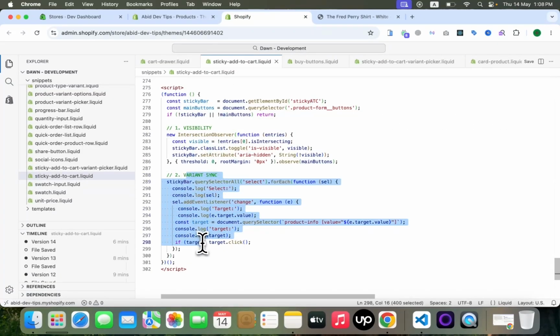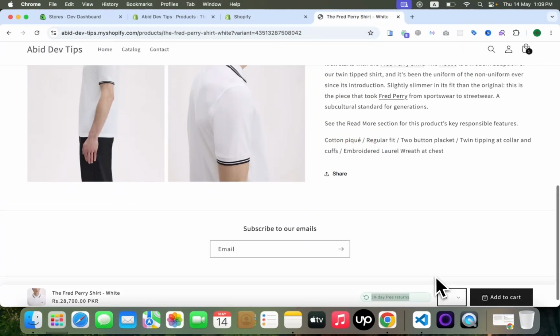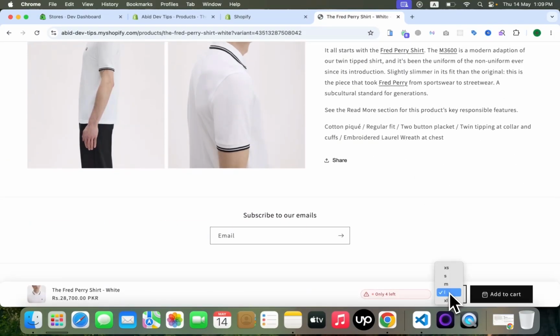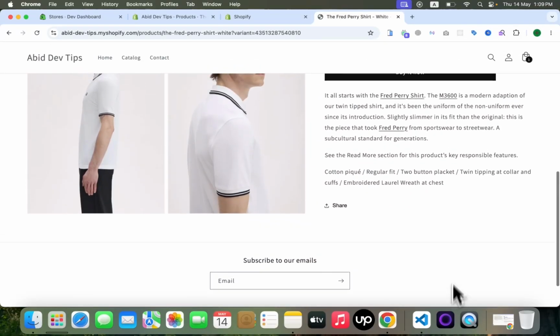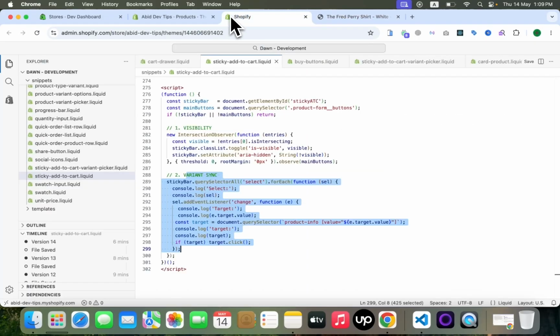And this is the code for variant sync. For example, when we click large, then here large is also clicked. Extra large, so it is synced with the main product variants, so the correct variant is added to the cart.